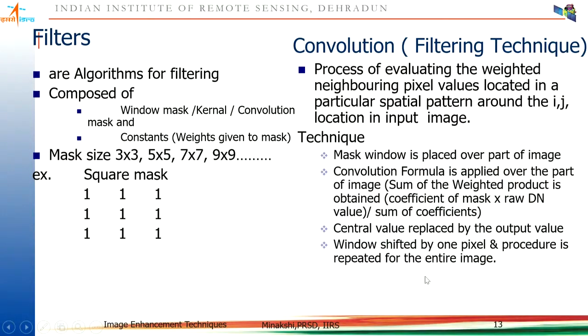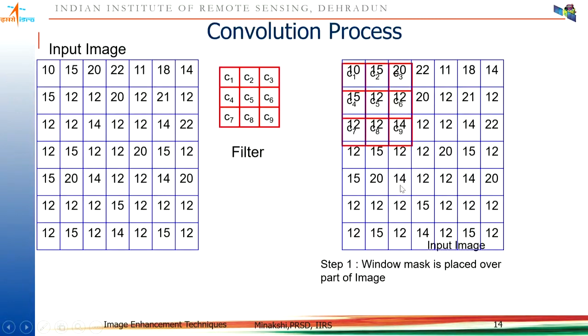I will not read this out. You can read it later, because I will show you this with the help of the image next. So here I have an input image which is made up of DN values arranged in a matrix form. And if you remember, I said the contrast enhancement and local operations are done one band at a time. So this is my single band data. And I have a 3 by 3 filter with some mask constants, C1, C2, C3. I can assume all of them as 1 or some different values also. How to get these values, we'll also discuss that.